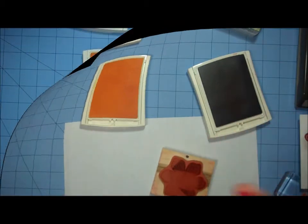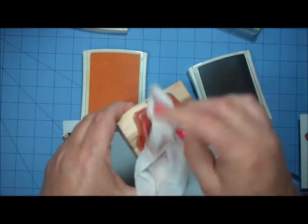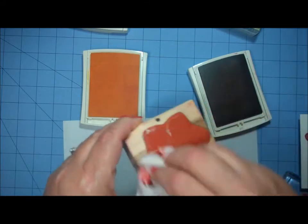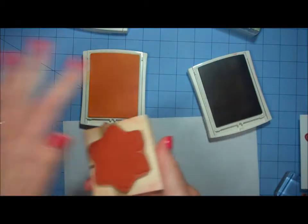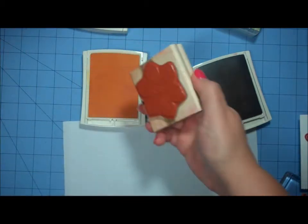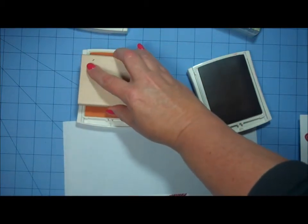Whoops, let me grab a baby wipe. Sorry about that. Grabbed a baby wipe. I'm going to wipe off my stamp because I'm going to be working with some yellow ink. There we go. Now I'm going to ink up my stamp with the Daffodil Delight,